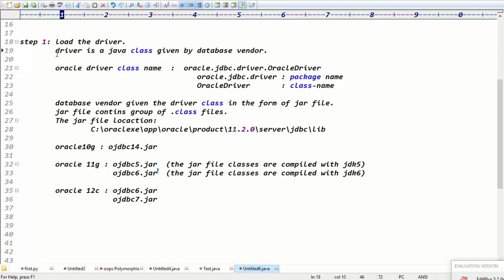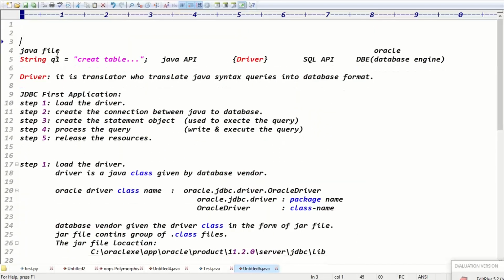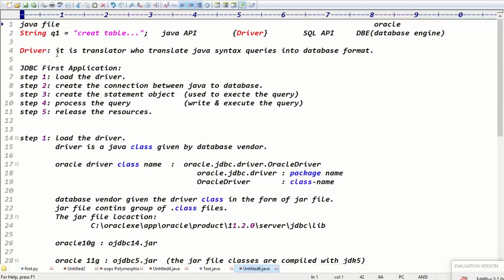Guys, what do you mean by driver? A driver is a translator which translates your Java queries into the database format. Okay, good. The first step is to load the driver. Driver is a class name. A driver is a Java class given by the database vendor, right? Guys, you understood the point? Yes.